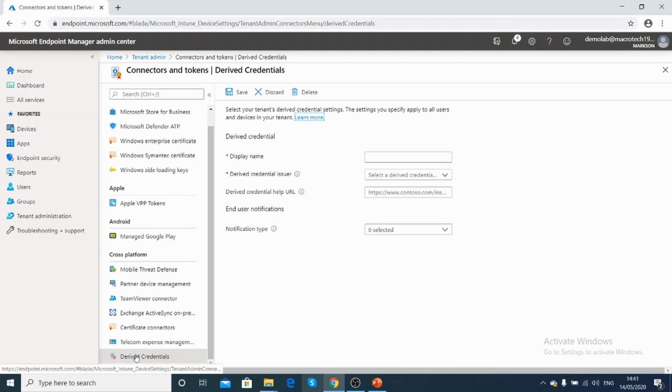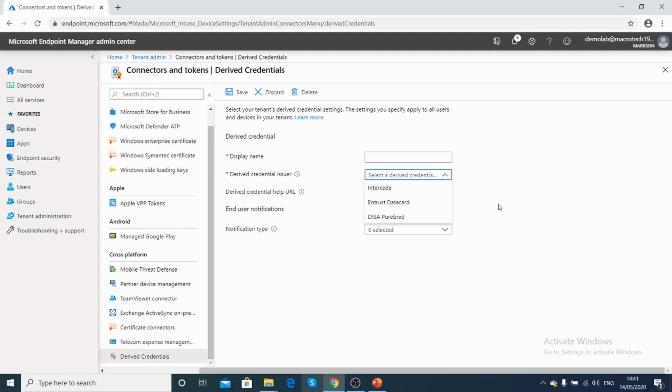It's a kind of security authentication, so only if both match will you be able to access any data. That is the backend activity of a derived credential. We need to select a specific issuer over here, and you can integrate that derived credential here as well.